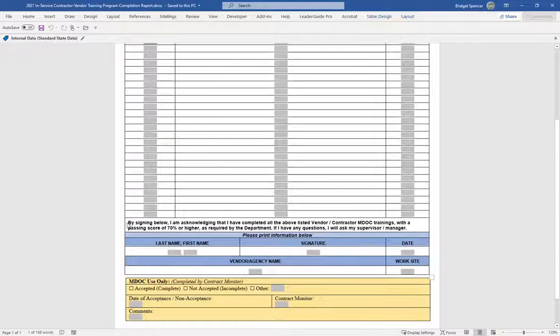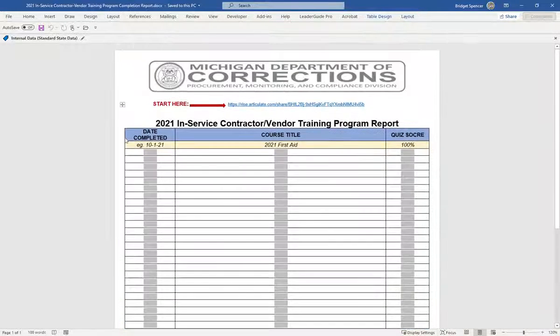Down here at the bottom, it states that by signing below, I'm acknowledging that I have completed all of the above listed vendor contract MDOC trainings with a passing score of 70% or higher as required by the department. If I have any questions, I will ask my supervisor or manager. They will then fill in their last name, first name, signature, the date of completion, their agency name, and their work site. Up here at the top, it reflects the 2021 In-Service Contractor Vending Training Program Report, and here is